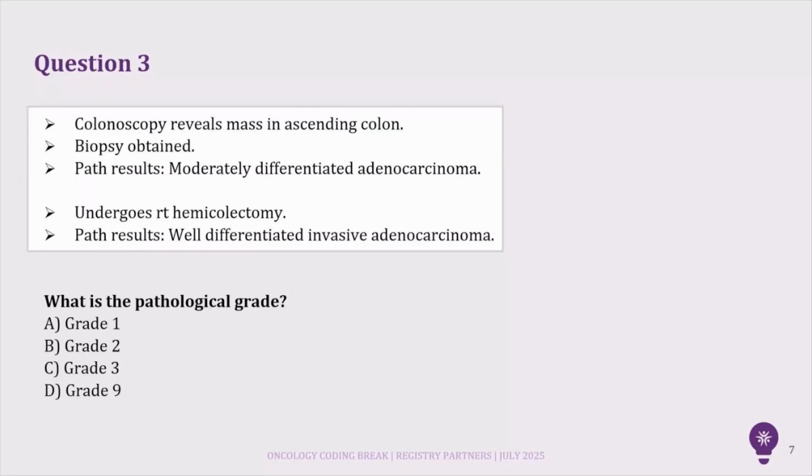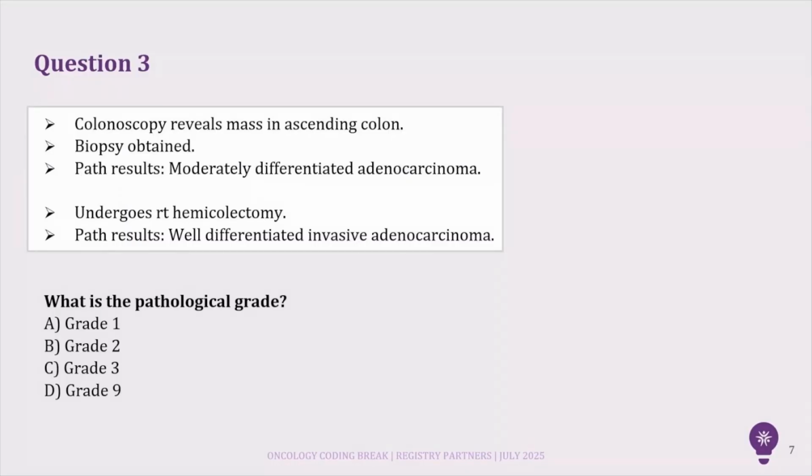Okay, this one we're overwhelmingly having the same idea. A few more seconds. We'll close this one quickly. Okay, so 82% said grade 2,